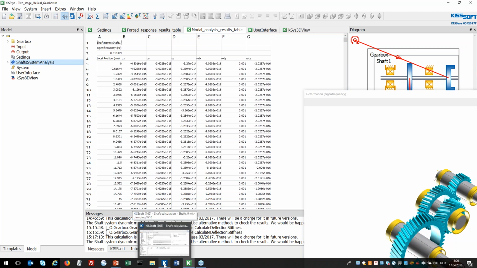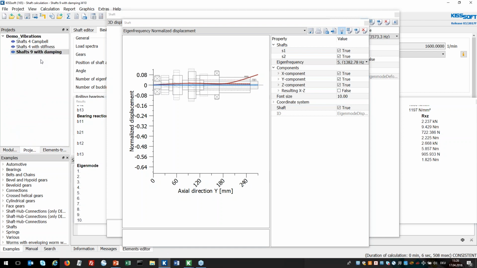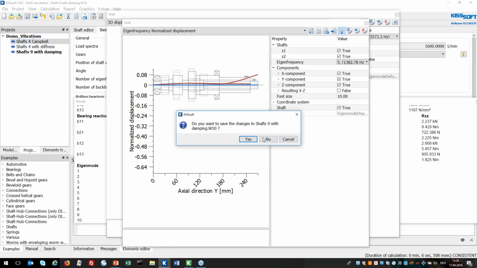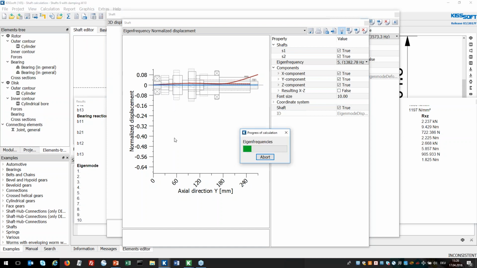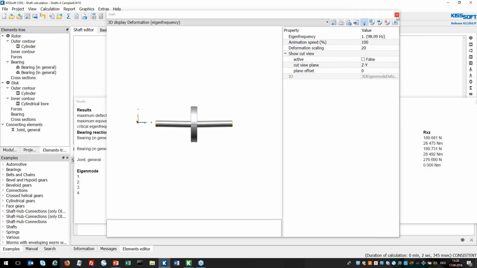Talking about eigenfrequencies, there is also another term that we should have in mind, another analysis that can be performed, what is called the Campbell diagram. For that, I will just open another KISSsoft example. So we have